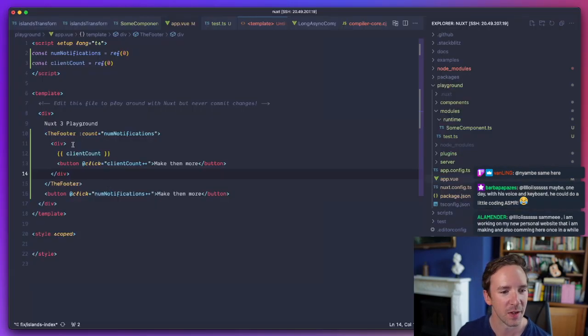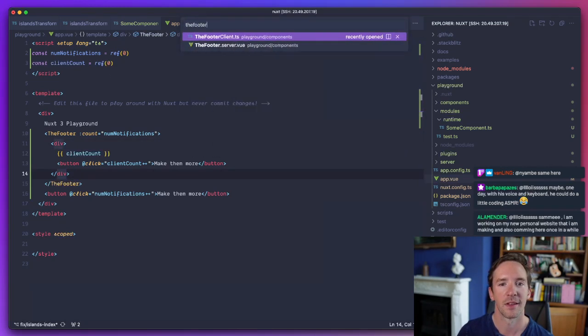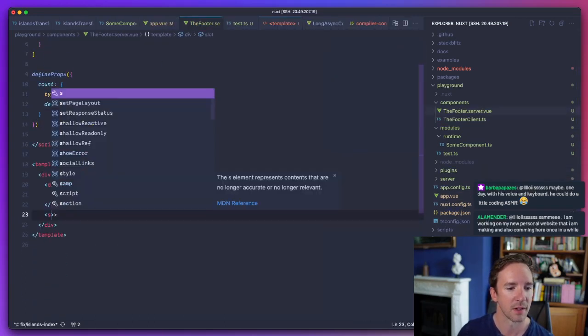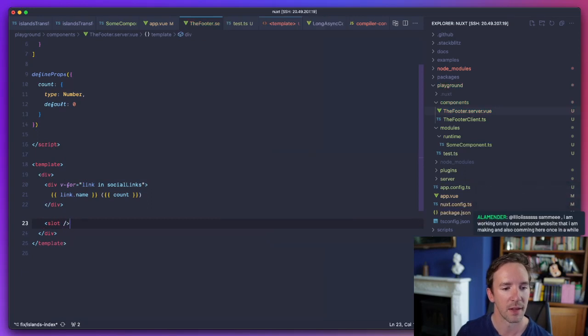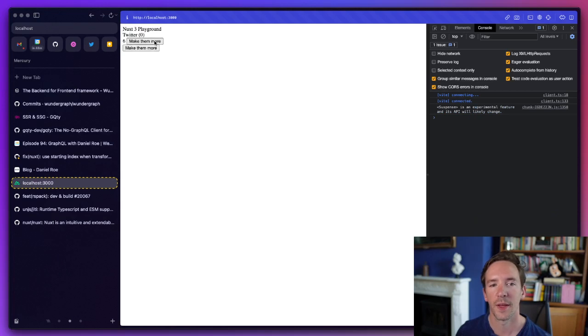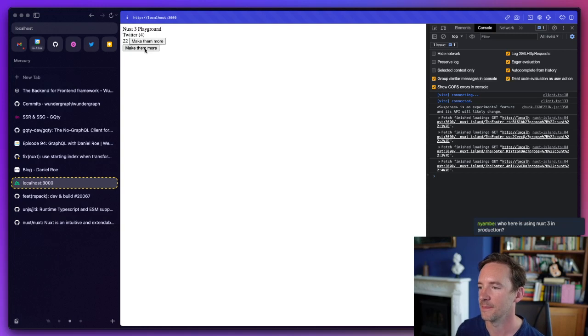Okay, that's our server component. This is our default slot. And we should have the footer. And we should have a default slot there. There we go. Okay, so now we have an interactive client. There we go. At last, the slot's working. So here's the interactive client bit that's not resulting in any change. This is re-rendering the server component around the client slot.